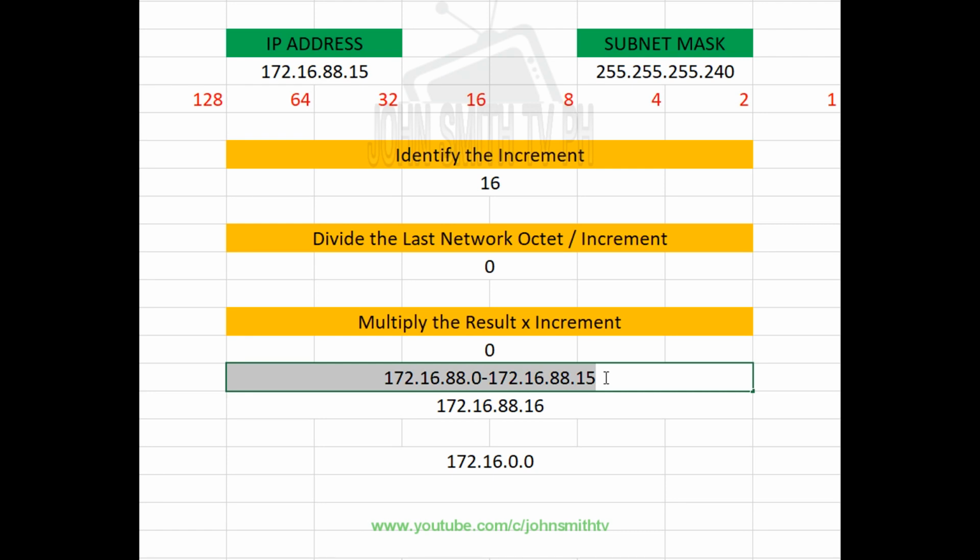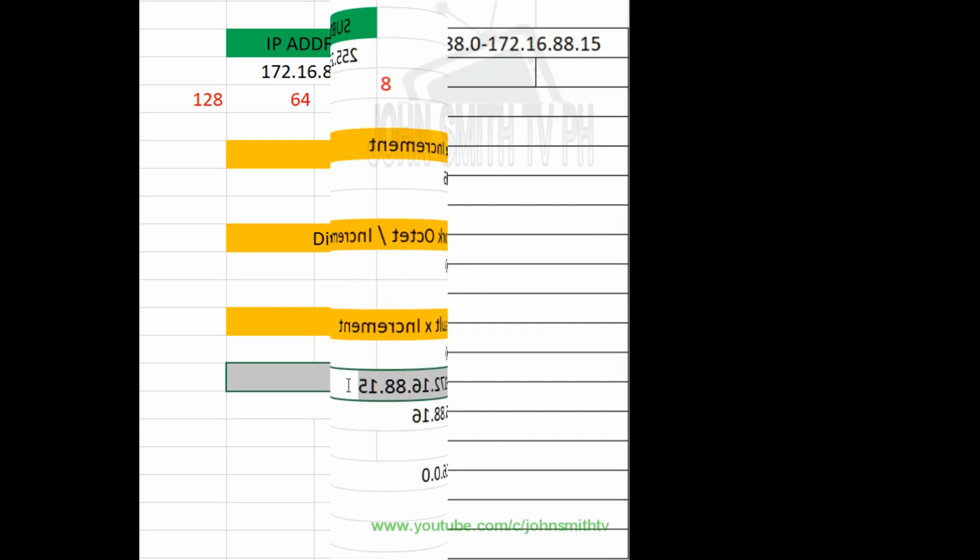Ano nga ba yung first usable address? So, pag sinabing first usable address, yung una, yung pinakauna. Ano yung una? Yung unang usable. Pag tinagalog natin yung usable, pwedeng gamitin. Pwedeng gamitin saan? Pwedeng gamitin sa mga devices natin. Usable IP address. So, hahanapin natin yung unang IP address na pwedeng gamitin sa mga device natin. Again, ito ang range ng network natin. So, pag sinabing range, magsisimula dito hanggang dito. So, lahat ng nasa pagitan niya kasama ito ay part ng network natin. So, kung isusulat natin yan isa-isa,